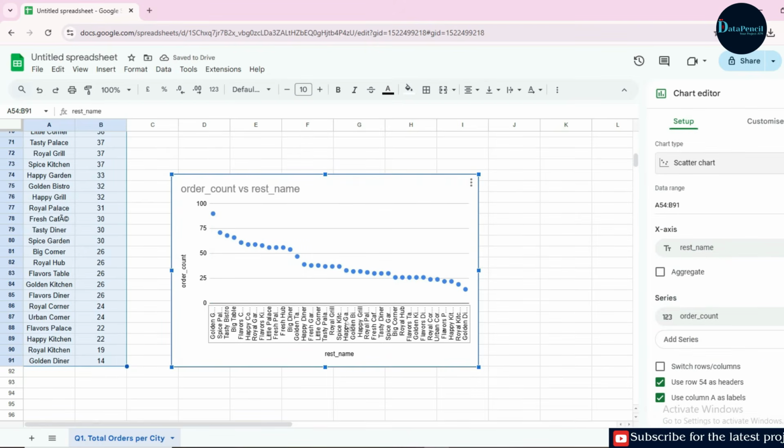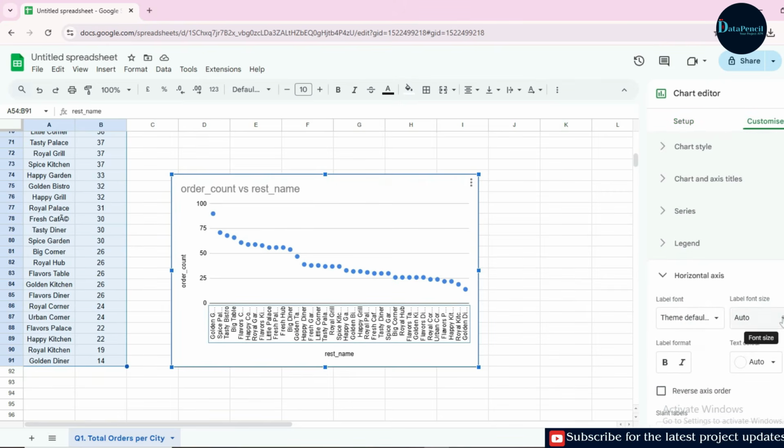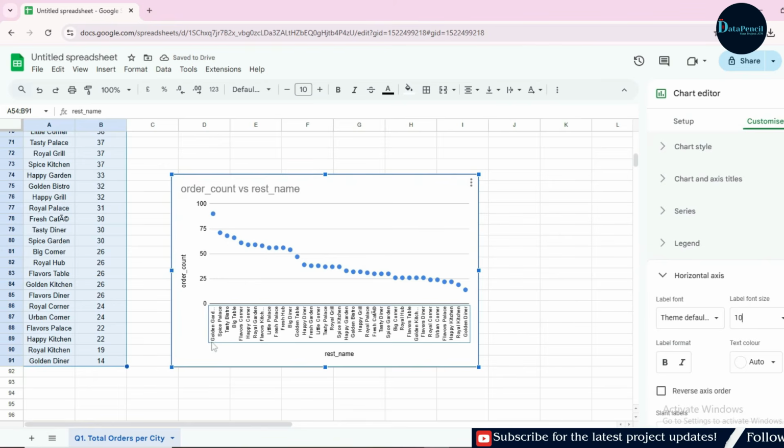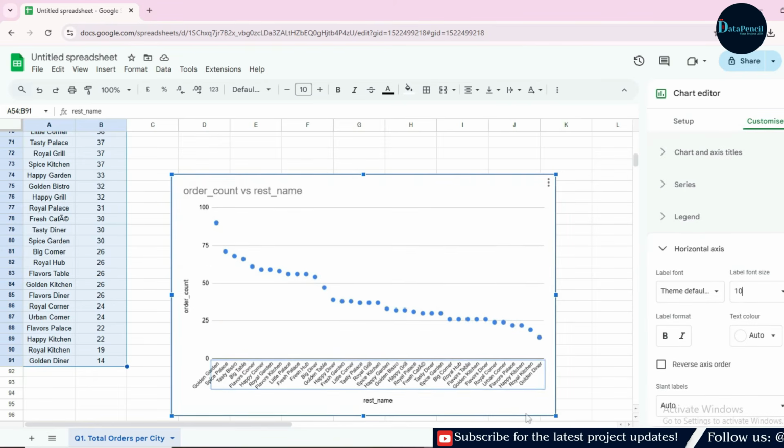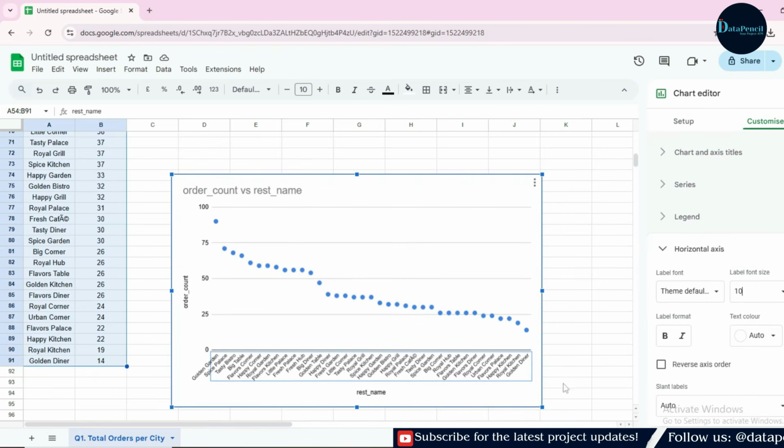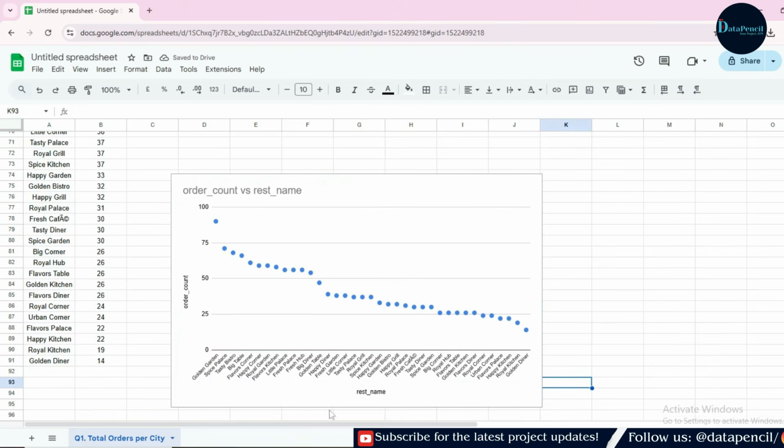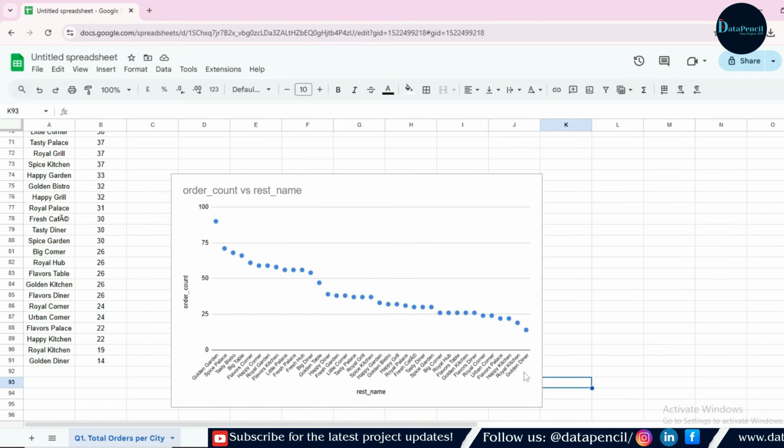Now these labels are not appearing properly, so let's change its font size, and I'm changing it to 10. Fine. So after enlarging it, we can clearly see the names of all restaurants. The restaurant which has the highest order count is this Golden Garden, and the restaurant that has the lowest order count is this Golden Dinner.